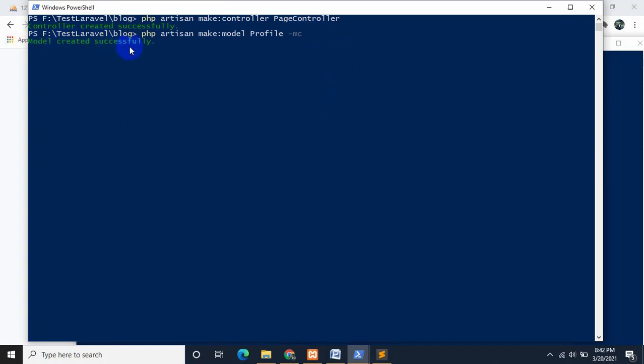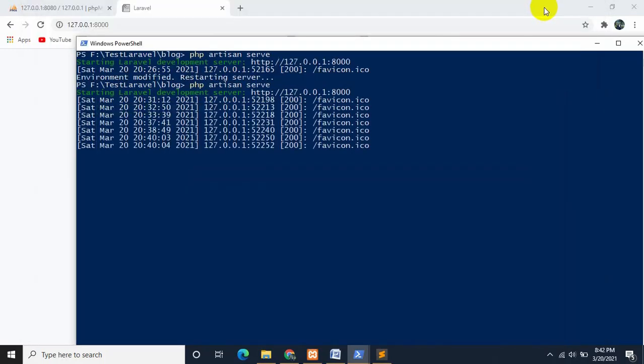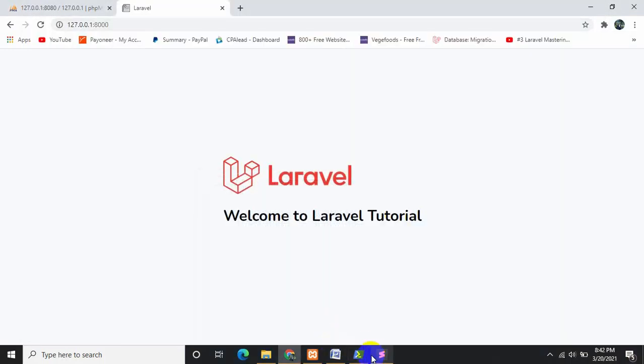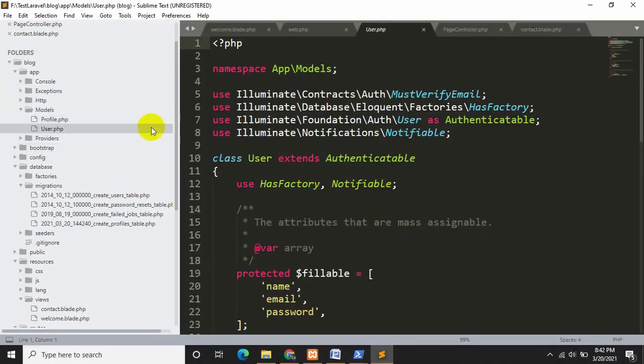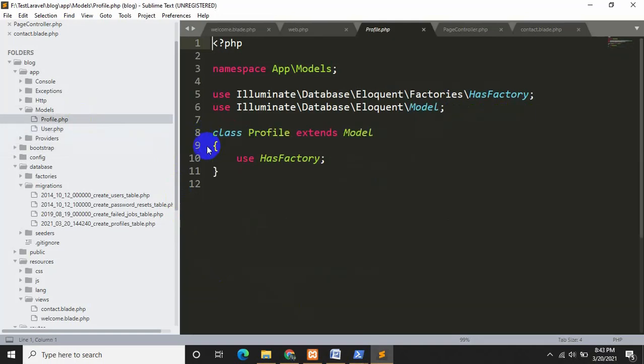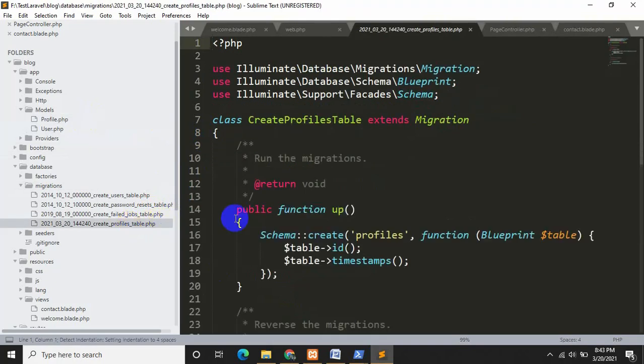You can see model was created successfully and migration also created. Now controller takes a little bit of time, so let's go back and check our model and the migration. Over here you can see Profile.php, and over here you can see the profiles table.